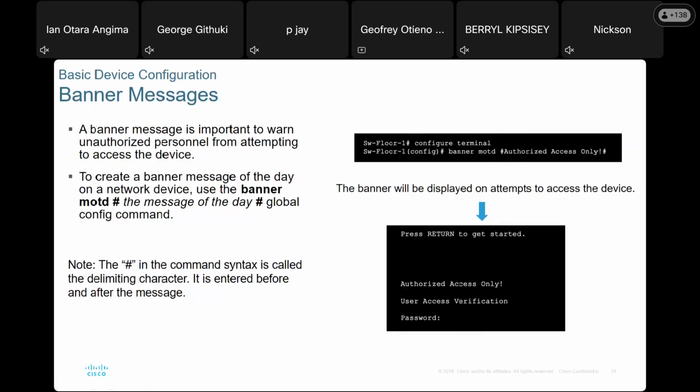Banner messages. Yes, it is very, very important to have a banner message or banner messages. This is to warn any unauthorized personnel. So it's good also to set the banner message on your devices. The command for setting or creating a banner message is banner